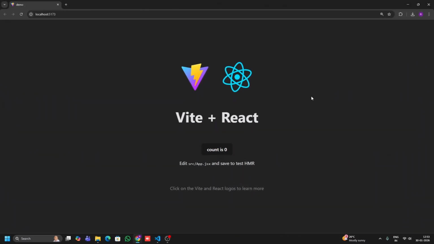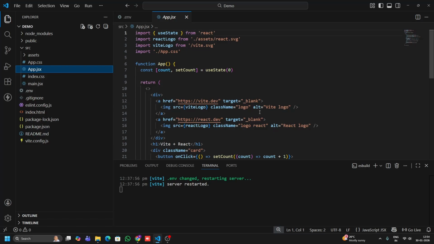So this is the basic React page. Whenever we do npm create vite@latest, it is automatically created, right? So let's go to VS Code, and here I'm going to upload this code on GitHub. When we are uploading code on GitHub, we don't want certain things to be uploaded, right? The first one is .env and the second one is node_modules. So why don't we upload them?